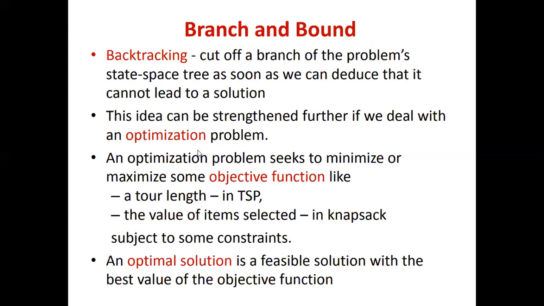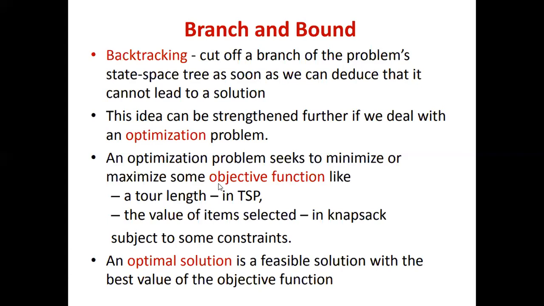The solution for an optimization problem can be strengthened by using a backtracking approach. And we know what an optimal solution is. An optimal solution is a feasible solution. You will get a number of feasible solutions, out of which the one that gives the best value for the objective function is optimal. If it is maximum profit, you select the maximum value out of the feasible solutions. If it is minimum traveling cost, you need the minimum value. That is what an optimal solution is. So this is all about backtracking.